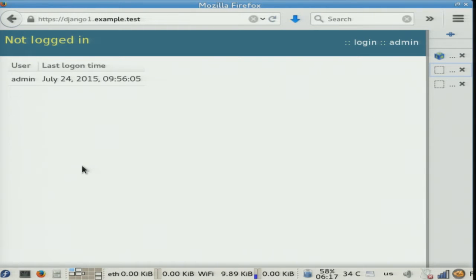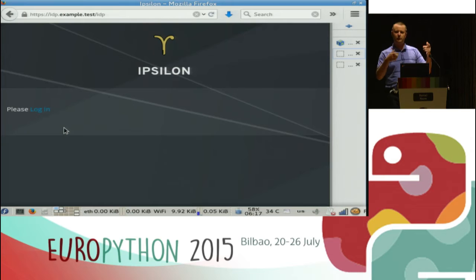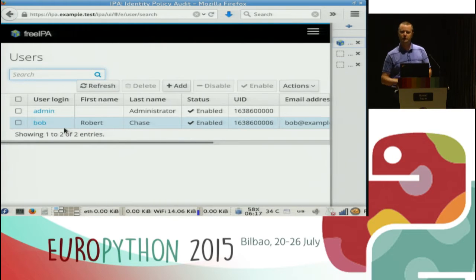That's the situation. And I also have an identity provider, which provides me with SAML assertions, and it's connected to that FreeIPA. So I have 3 machines. Bob currently only exists in that FreeIPA server. Now,